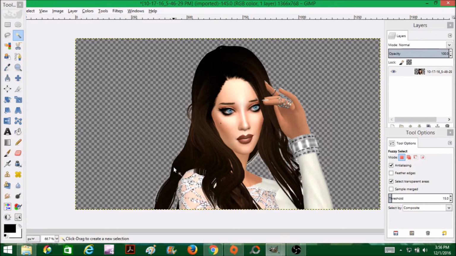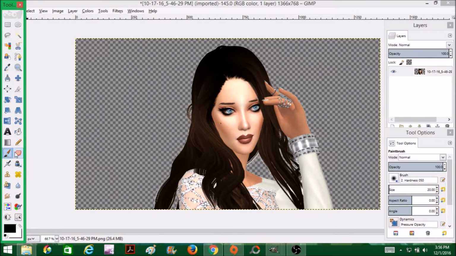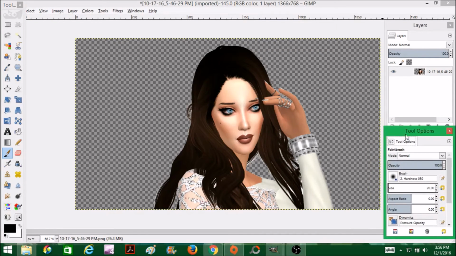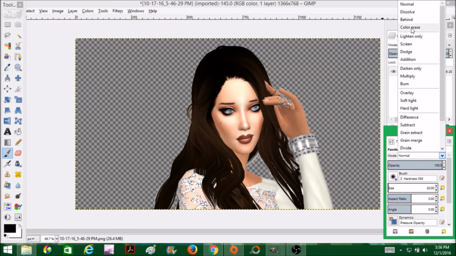Because what is so frustrating to me is people who have these synthetic hairs and they kind of chop off all the wisps and stuff because there's this white piece and they don't want to go to the hassle of going in between and everything. There is another option that GIMP has, and it's through the paintbrush tool. You're going to go over here in this box, it says tool options. You're going to go up here to mode where it says normal. You're going to click color erase,